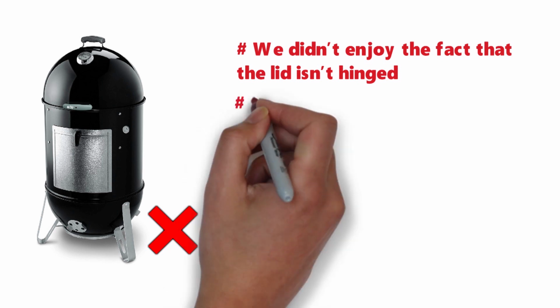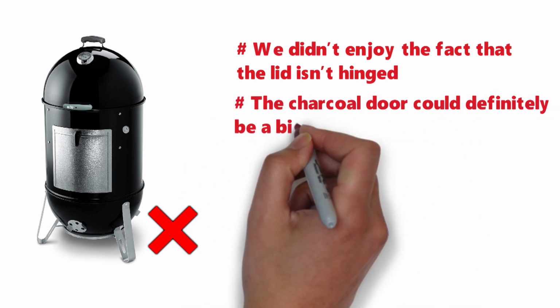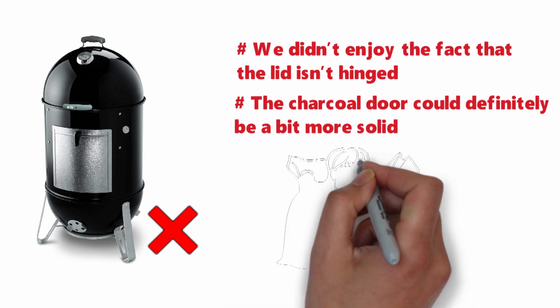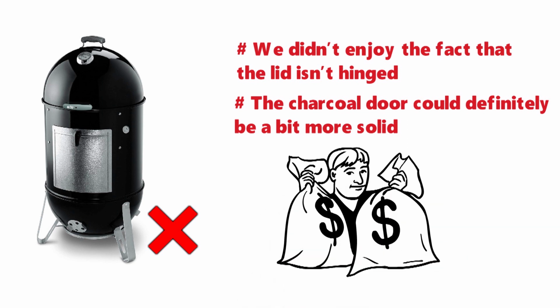This means you have to lift the lid off entirely. However, you can purchase a hinge if you'd like. In addition, the charcoal door could definitely be a bit more solid, rather than leaking some heat and smoke out. Ultimately though, it's one of the best budget products out there, and you really do get a lot for your money. At number 4, we have the Grills